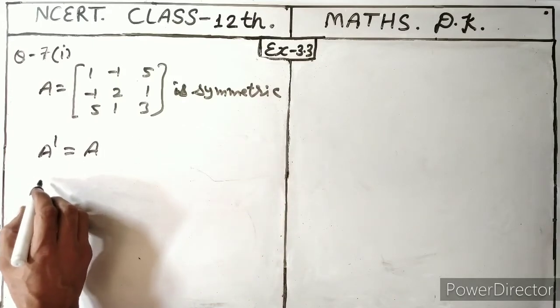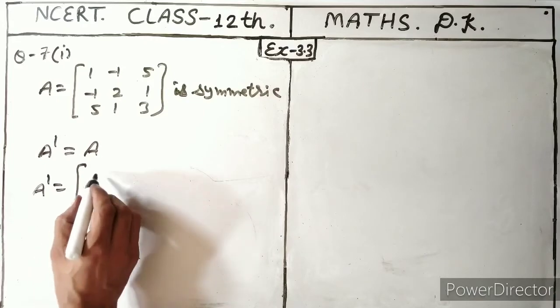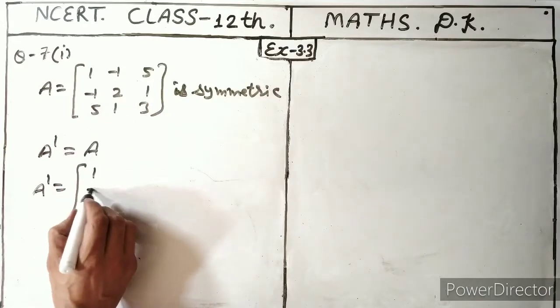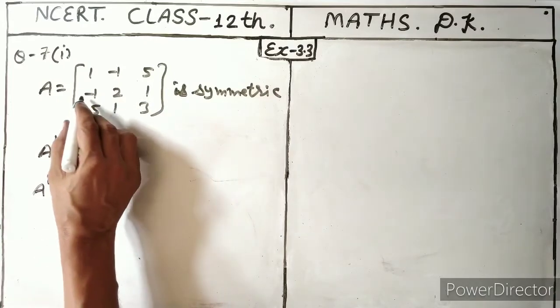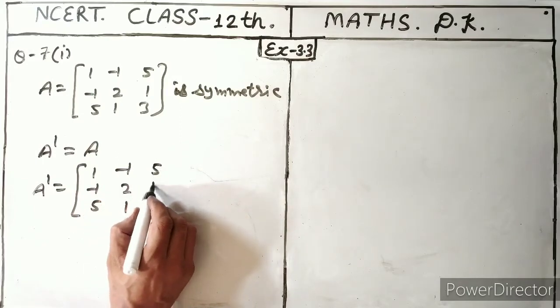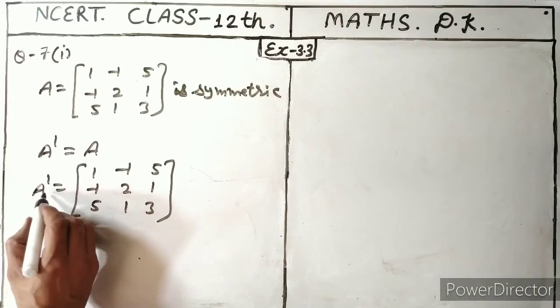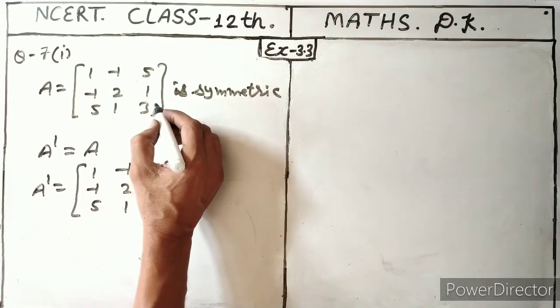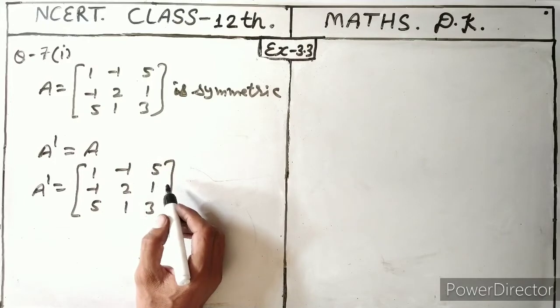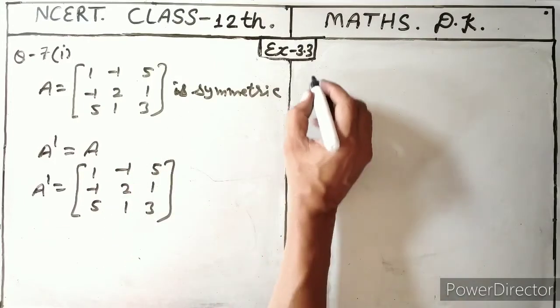Then A transpose is 1 minus 1 5 minus 1 2 1 5 1 3. This is A transpose and this is A. Both the matrices are the same. Then this is a symmetric matrix. In the second part,